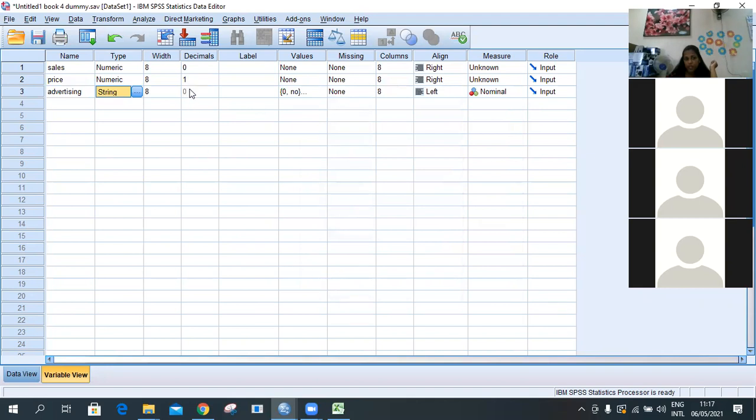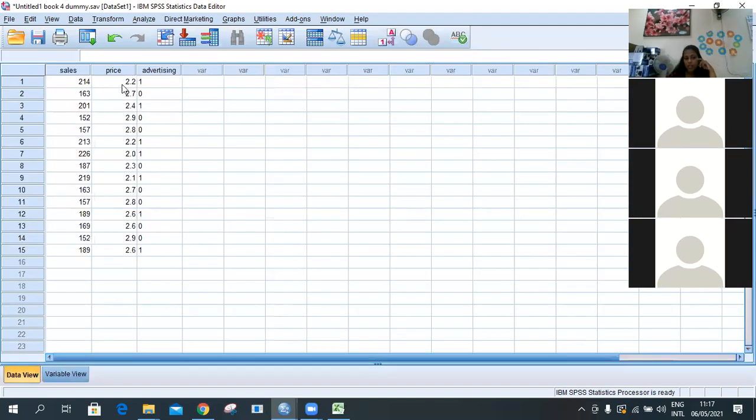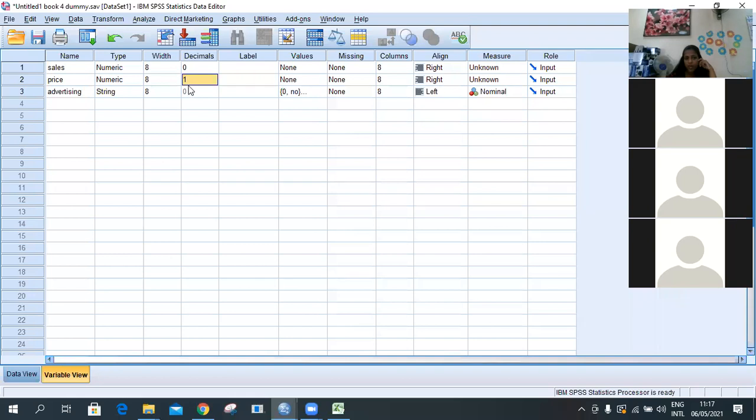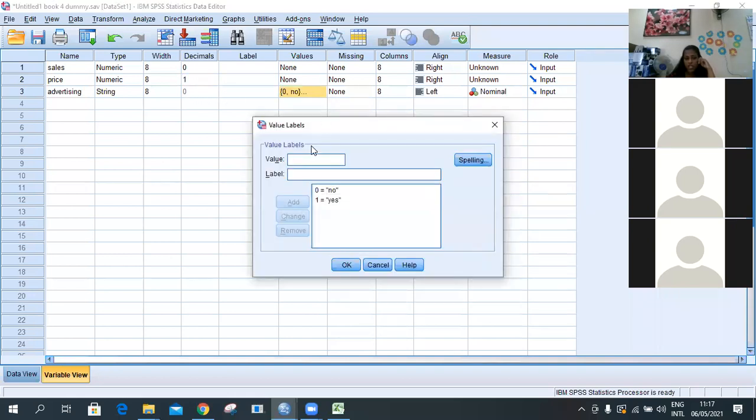Yes, Miss. Then the decimal is 0. But for the price, it's 1 decimal. Sorry, 1 decimal. So you have to select 1 decimal, the other one is 2. In the value option, you have to change for the